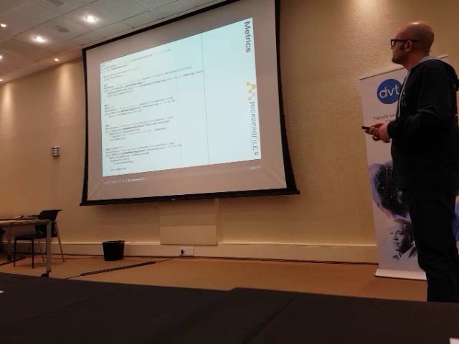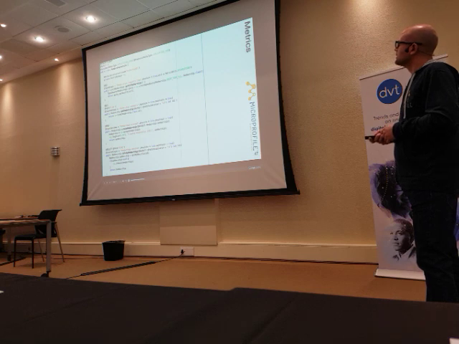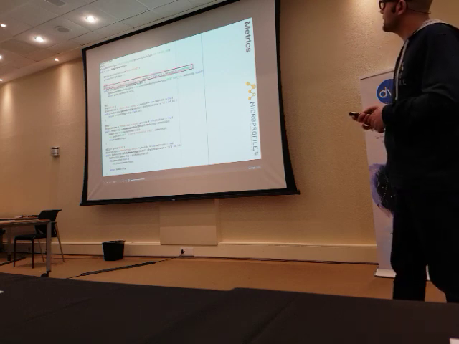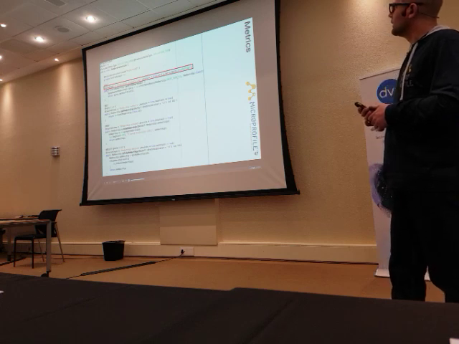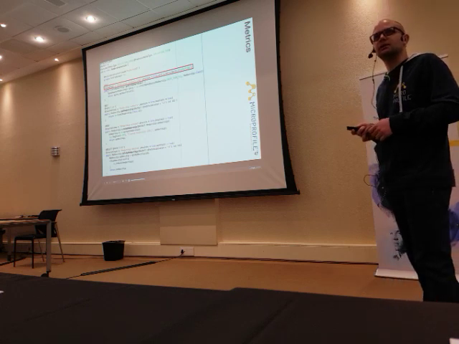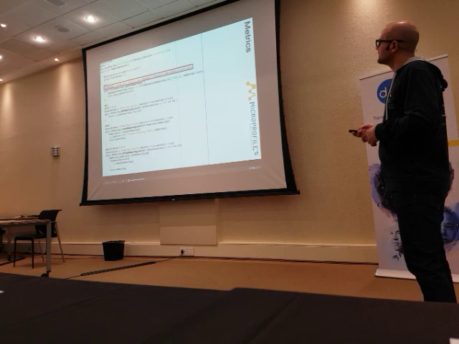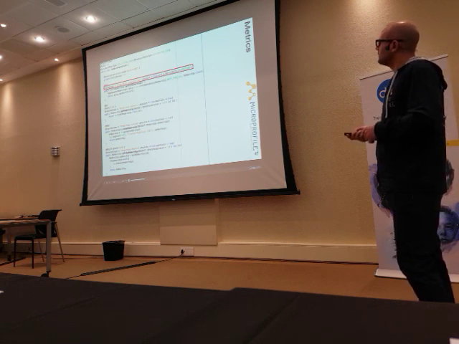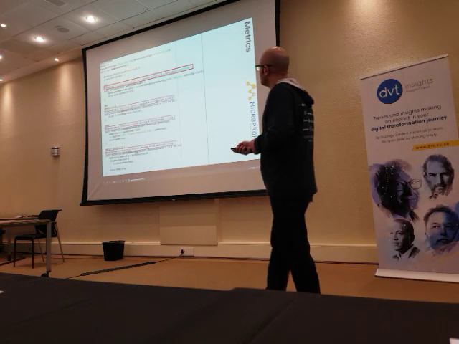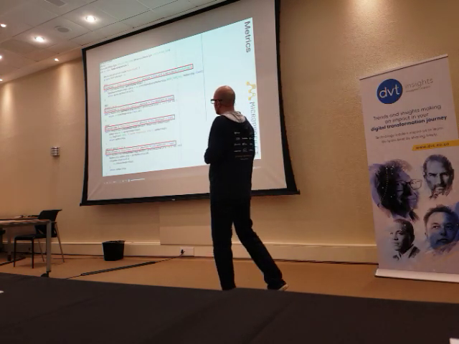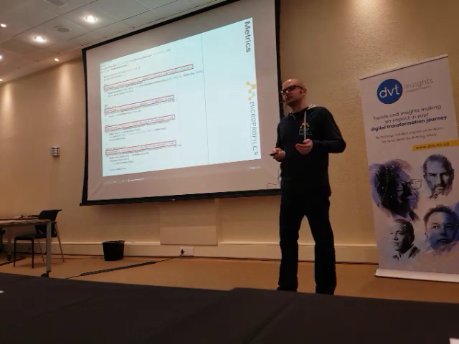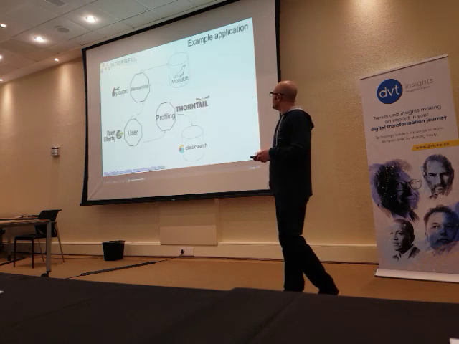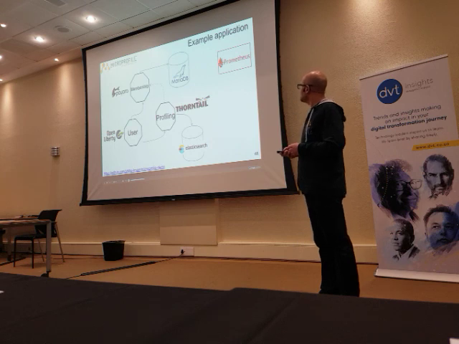So to add application-specific metrics, this is the membership service, and I want to make sure that I record how long the get all memberships method takes. And that's as simple as annotating it. In the other methods, I'm just counting how many times the method has been executed. It's also fairly simple. So in our example, I have a Prometheus server.